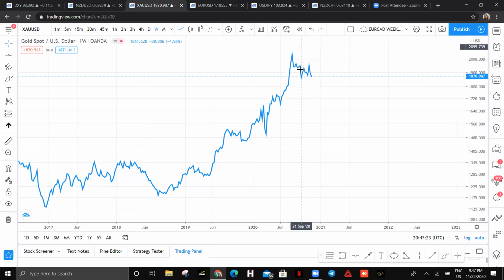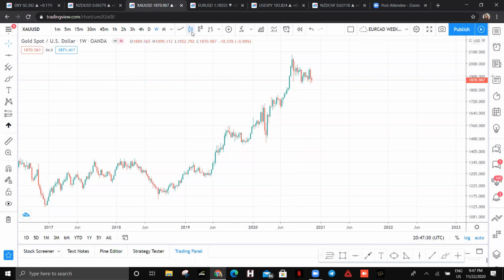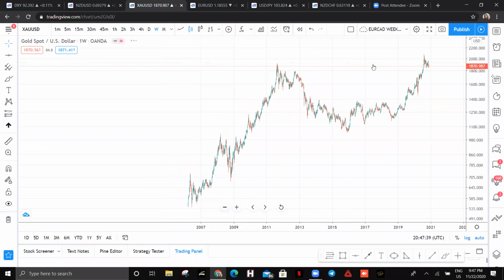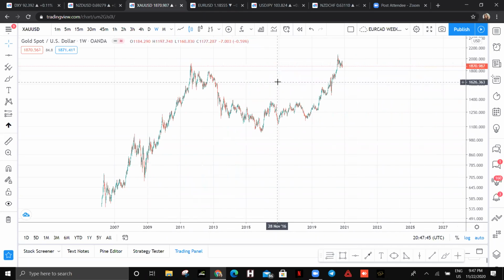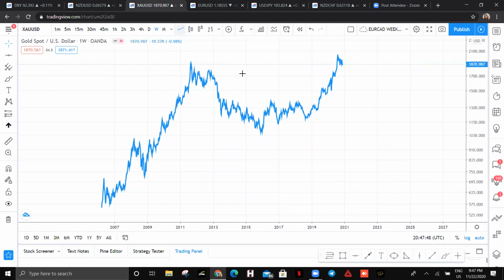You can see weekly is doing what? Even in this ranging market in gold, you know that is a big move on a higher, on a lower time frame. We've spotted another support level here. You can see the support level here. Let me zoom out. If you zoom out, you see a better view for the support level here. If I change it to line chart,